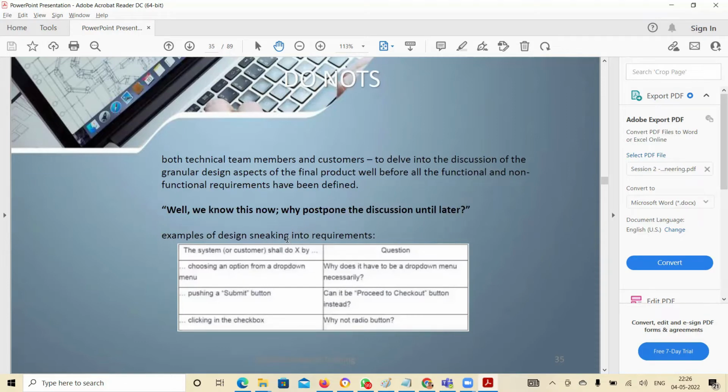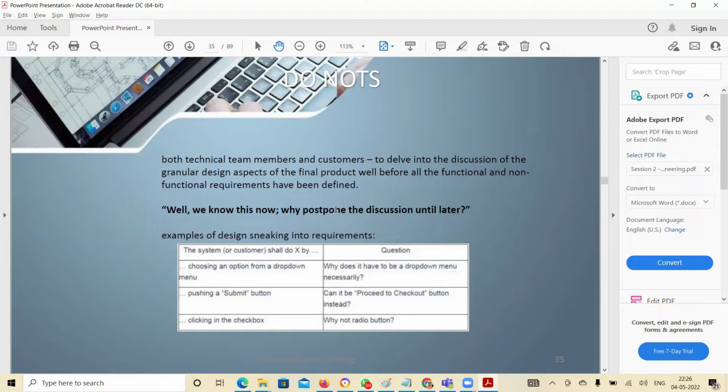Now this is about what you should not be asking. These are examples of bad requirements. The first one: choosing an option from a drop down menu.